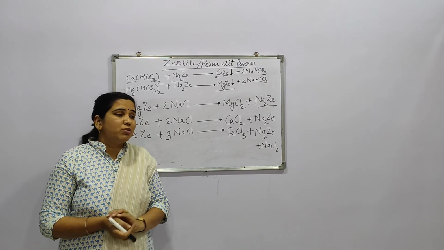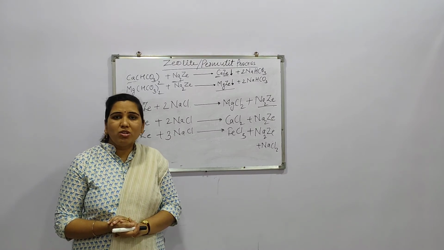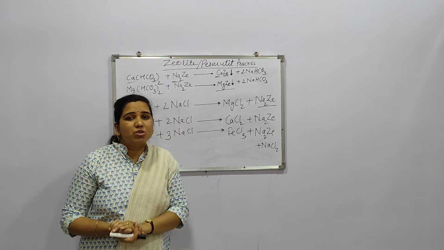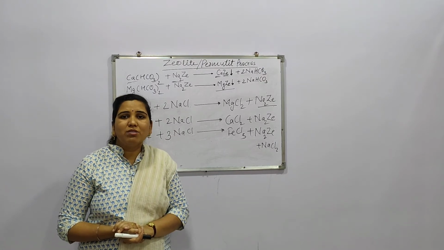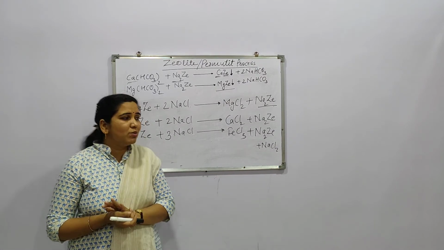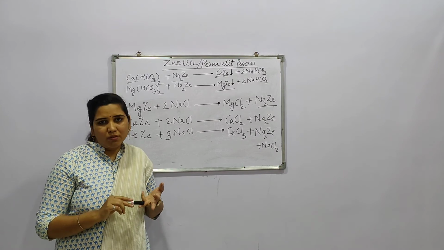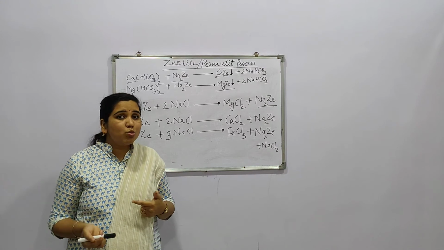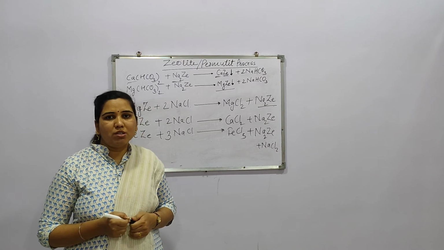This process is very important from the exam point of view for first year engineering students. The zeolite process is a must in your exam for getting more marks. Generally this process can be asked for 5 to 6 marks. In that you have to elaborate the total process with the different reactions: diagram, construction, working, and in working there will be reactions. Understand those reactions, and at last give the advantages and disadvantages.